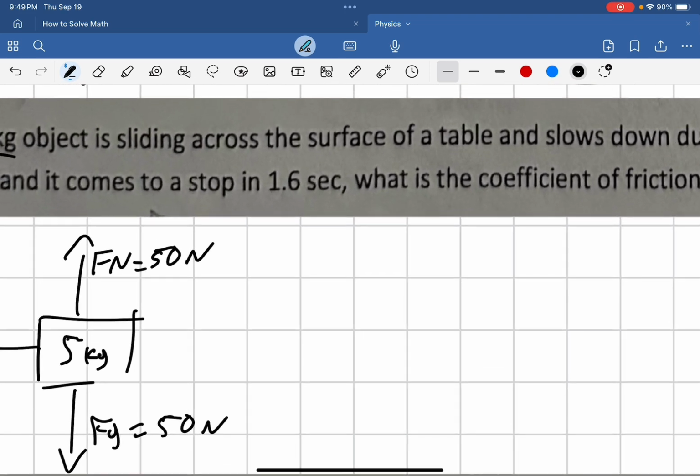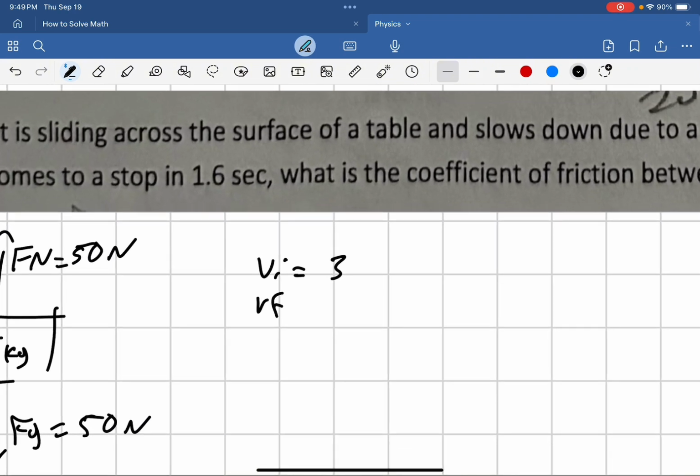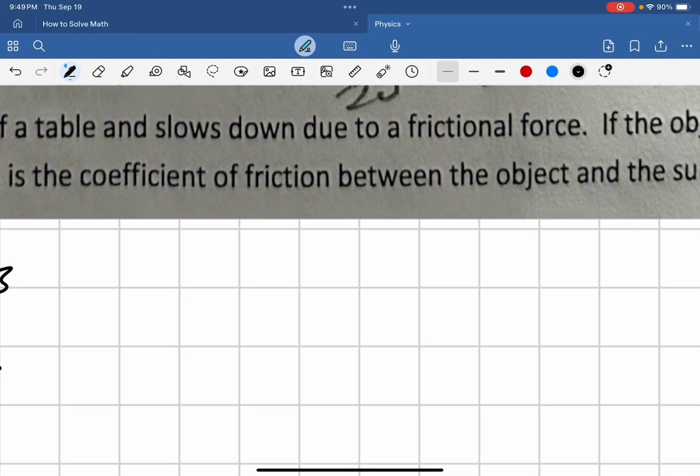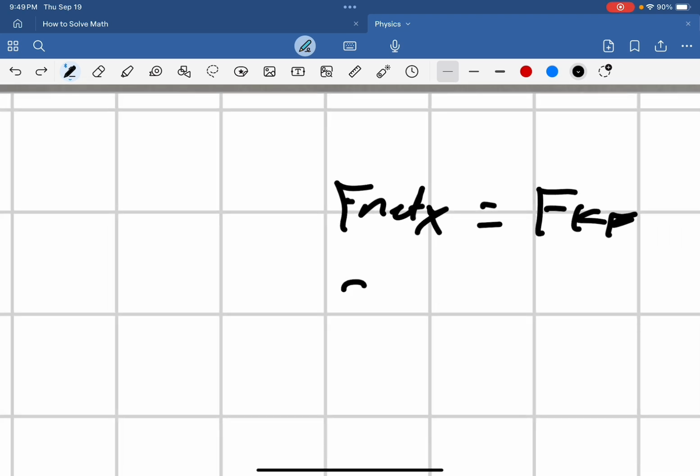We have our initial velocity, which is going to be 3, and it comes to a stop, so Vf is going to be 0, and our change in time is going to be 1.6, and we know that F net of x is equal to FKF, which means 5 times a is equal to mu k